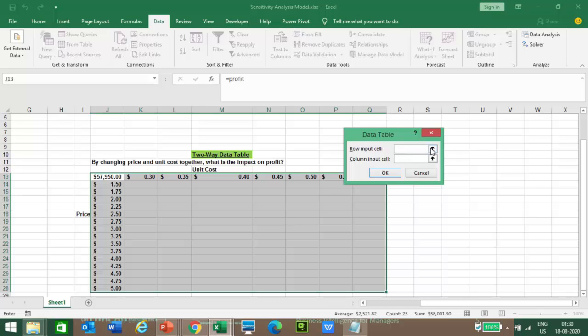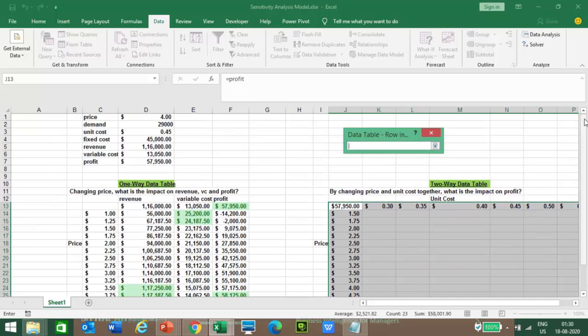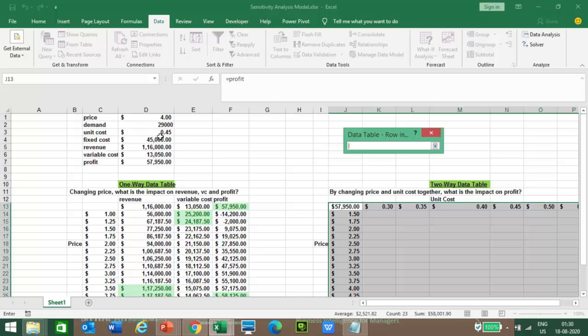So in the row we have the unit cost, so we'll select the unit cost from the top section, that is cell D3, and the column input cell, which is the price, which is there in the J column. This is the price. Click on OK